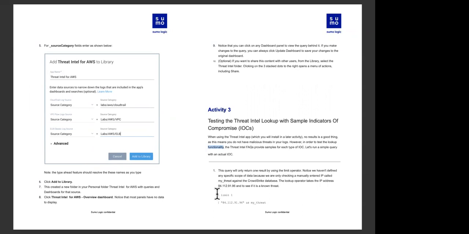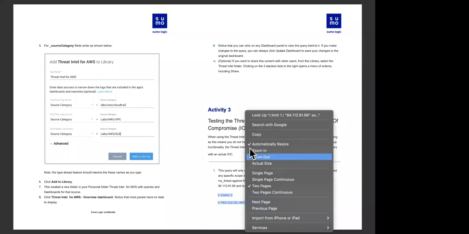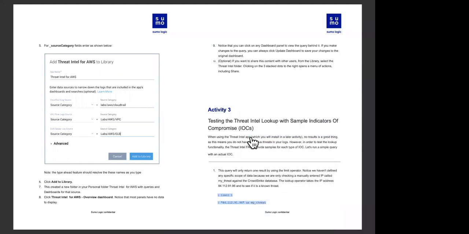Now, in activity 3, what I'm going to do is go to this PDF. I'm going to swipe over this limit 1 line and the line after that. I don't want to grab and scroll down to the next page because I'll grab the header and footer and all that stuff. So I'm going to swipe over this, right click, and choose to copy.